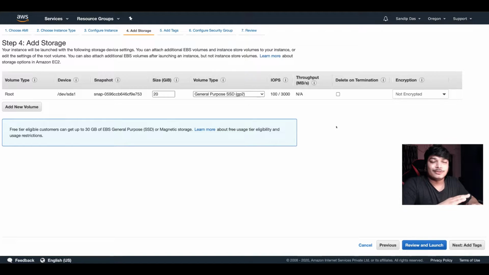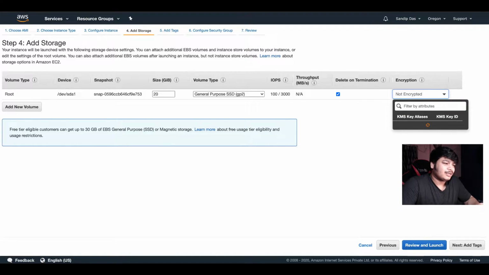Okay, that happened with many people, that they didn't know, they worked with some machine and then they terminated the machine. Accordingly the EBS volume also got destroyed and they lost the data. That can happen. So make sure that if it's something very important, data you need to retain, then disable the option. If you don't need the data, then enable the option. On termination, it will get deleted.